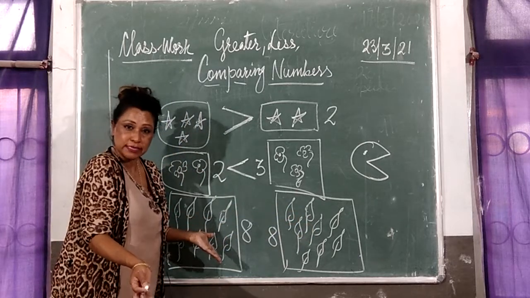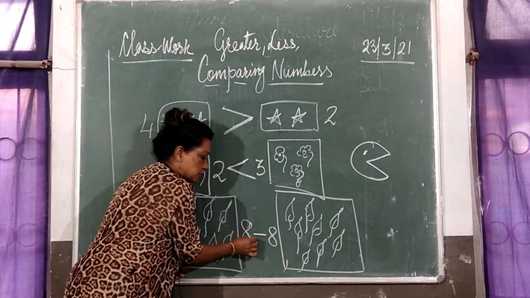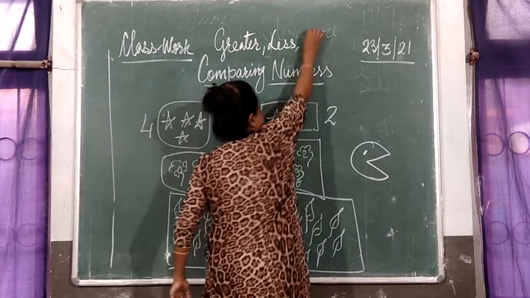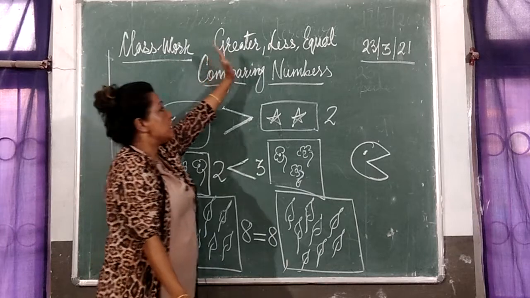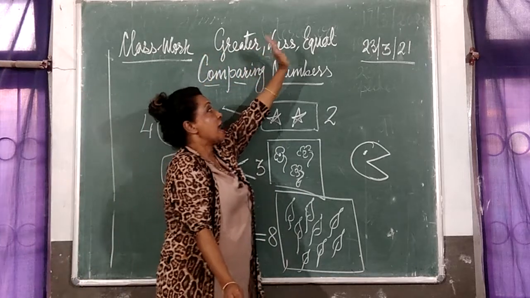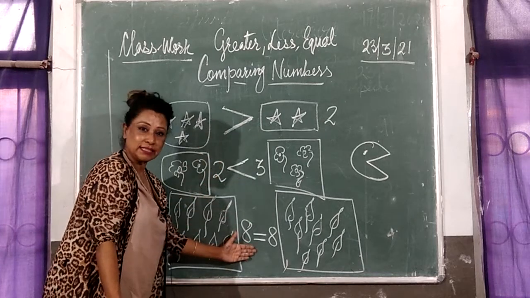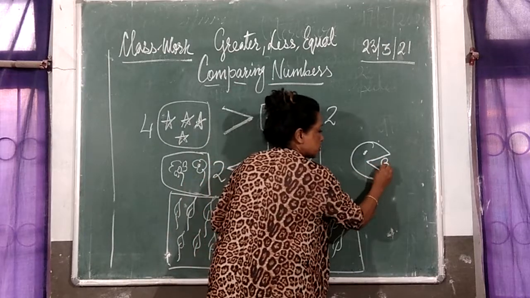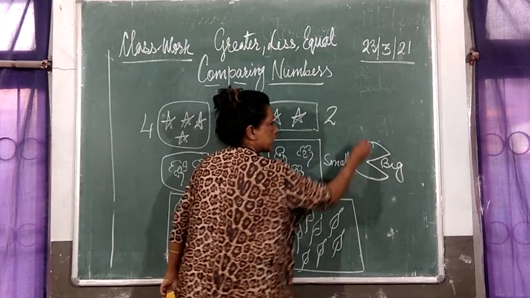You don't know which one is big, isn't it? In that case, when both are the same, then what do you put? You put the equal sign. So you have greater number, less number, and equal sign. You show greater number, lesser number, and equal number with the help of these symbols. Okay? So, whenever you open the beak of the bird, it shows a big number and automatically the other number becomes small. Like for example,